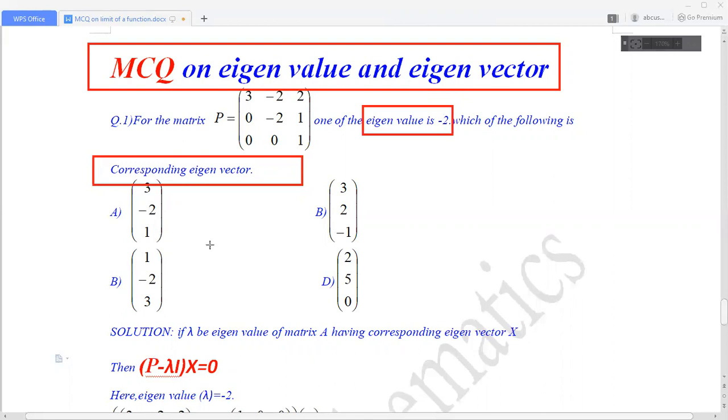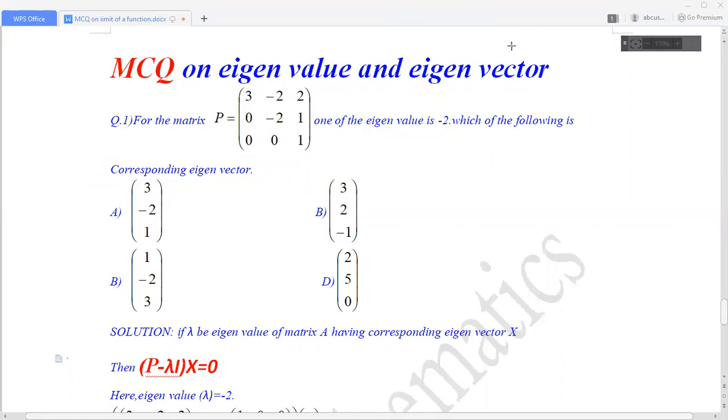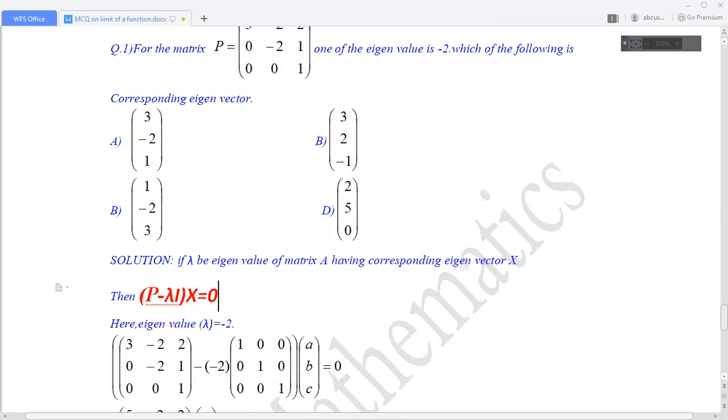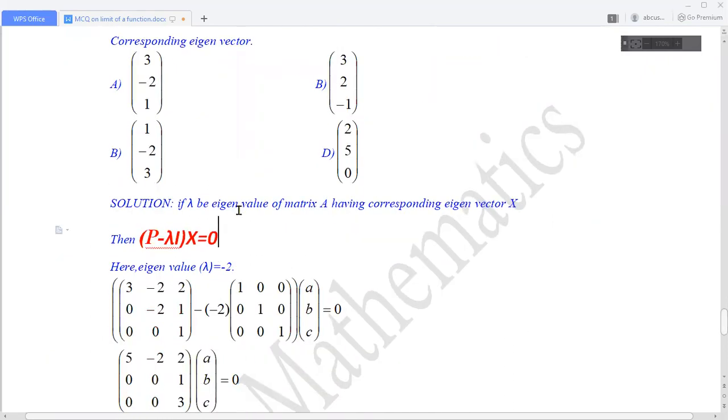And here four options are given. Okay. Let's solve this question. Let me go ahead. Here the solution. Please remember that while solving the questions about the eigenvector and the eigenvalue, you have to remember